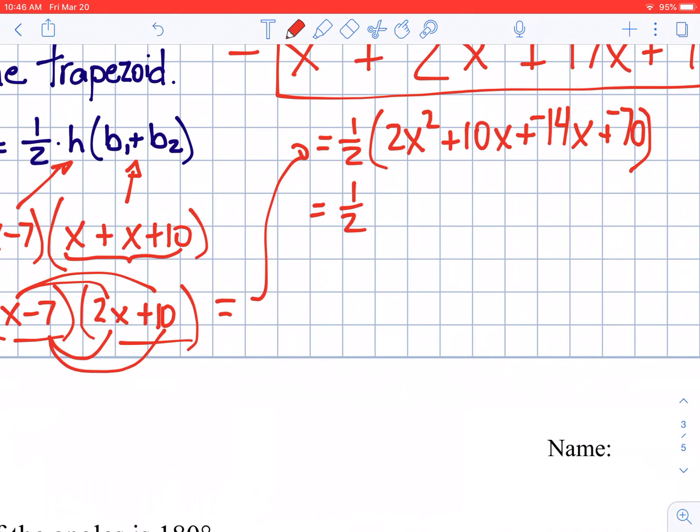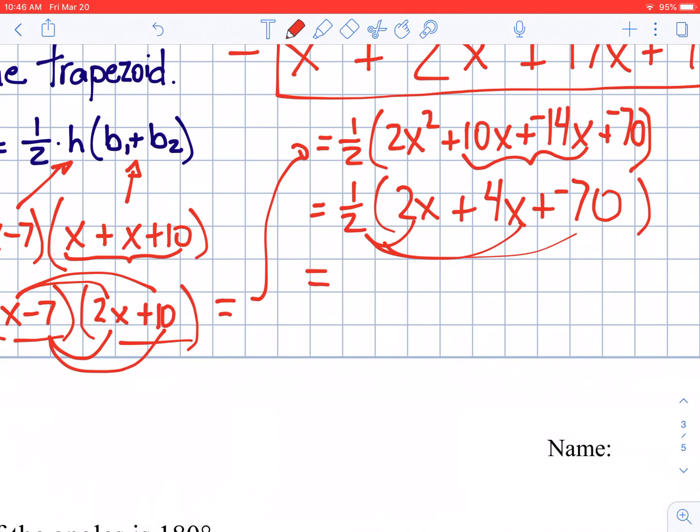Now I'm going to combine those inner pieces of 10x and negative 14x together. So that gives me 2x squared plus 10 and negative 14 is negative 4x plus negative 70. And the last thing I want to do now is distribute the 1/2 all the way through there. So what is 1/2 times that, 1/2 times that, and 1/2 times that? And hopefully you know that 1/2 is just dividing by 2, multiplying and dividing by the reciprocal idea. So in this case, we're going to end up with